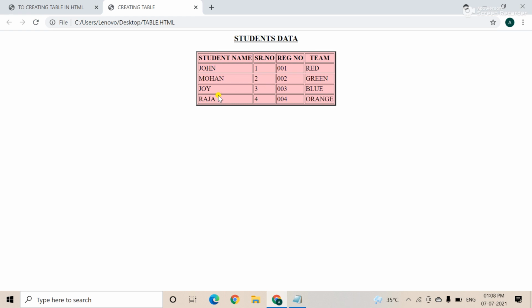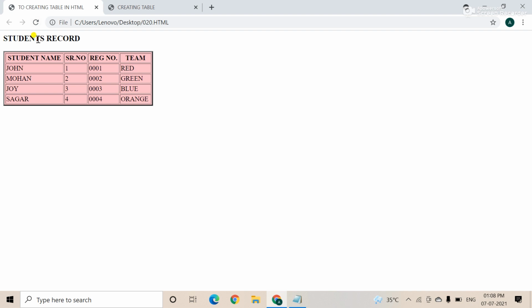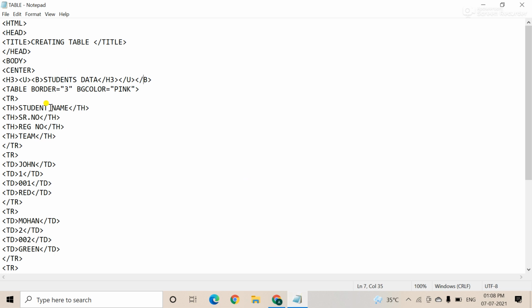Okay, suppose at the time of working you want to change the color, this color or that color, or only your heading color. How will you change the color? See, the first one I am showing you. In this one, you want to change only the heading color, right? It is very simple, just use the bgcolor, right? Like this, bgcolor. Okay, so just copy the bgcolor and put it inside there. Okay, just in the th, then paste, and suppose here the bgcolor is, suppose, green.